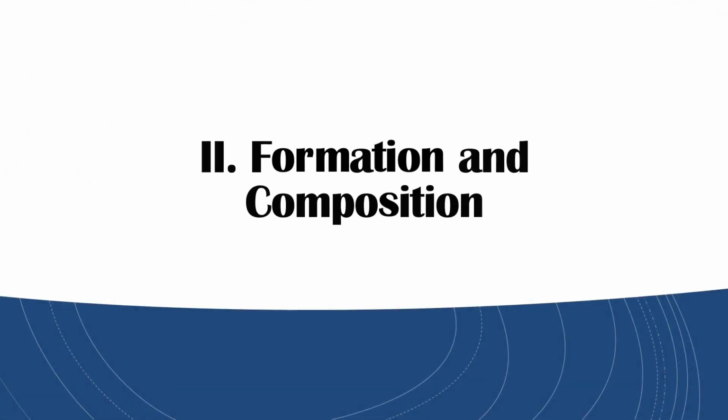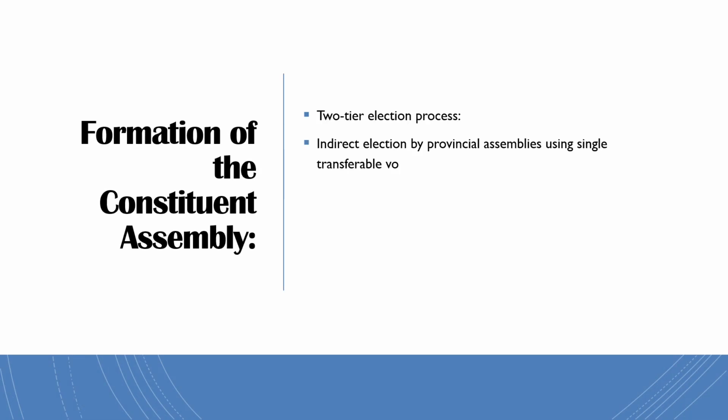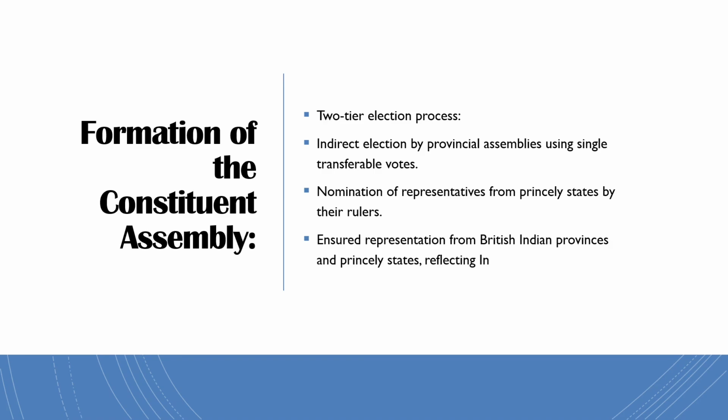Now let's see the formation and composition. The formation of India's Constituent Assembly involved a two-tier election process. First, members were elected indirectly by the provincial assemblies through single transferable votes, while representatives from princely states were nominated by their respective rulers. This structure ensured representation from both British Indian provinces and princely states, accommodating the diverse political